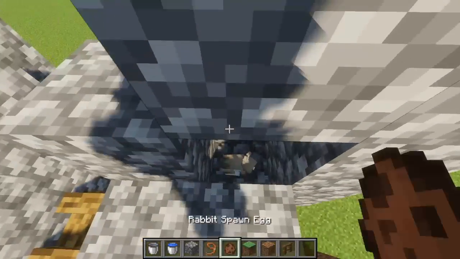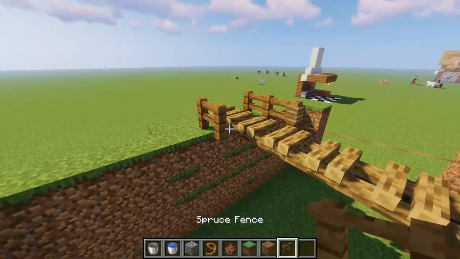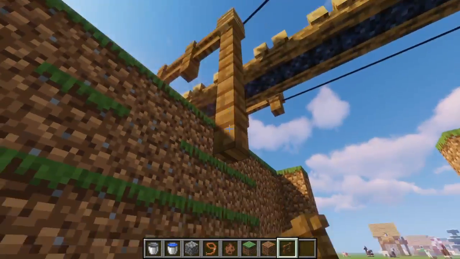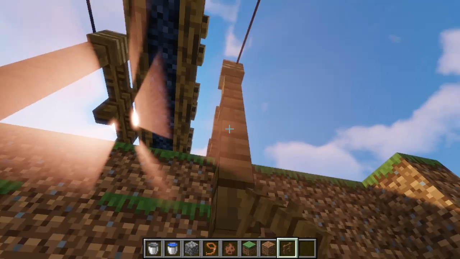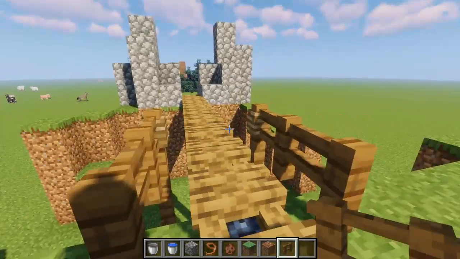So if you put the rabbit in there, lead the rabbit. No, rabbit goes in there. Thank you. And you take the lead over here, and you have some fences. You can lead it onto there, and you can decorate it by putting it down to the ground, or however you would decorate something like this. And boom, you kind of have yourself what looks to be...